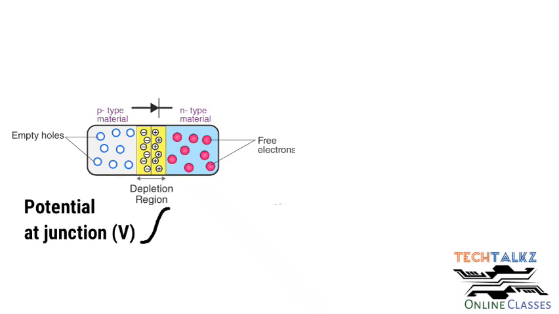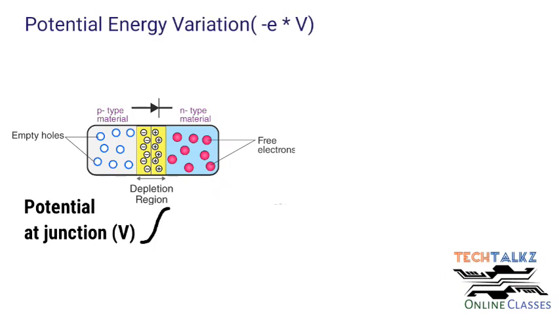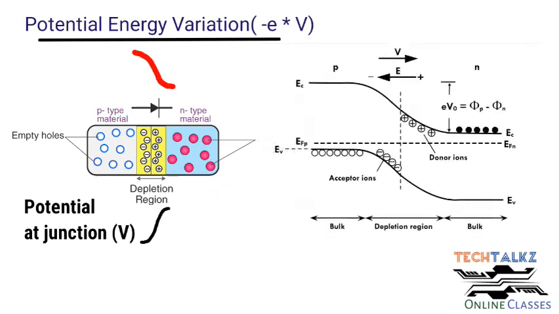When a p-n junction is formed, there will be the accumulation of charges at the junction. And there will be potential energy variation, that is due to the charge migration. You may be aware of these things. And the variation may look like this. So when you draw the energy band diagram, this axis is energy. So at the junction, plus the potential energy variation, that is towards negative, it will bend like this, and